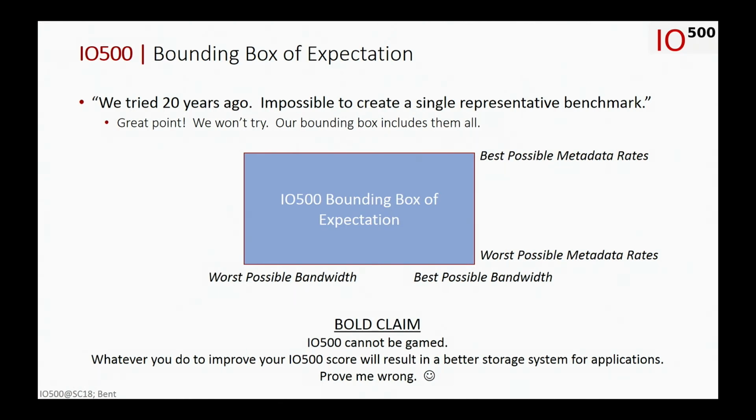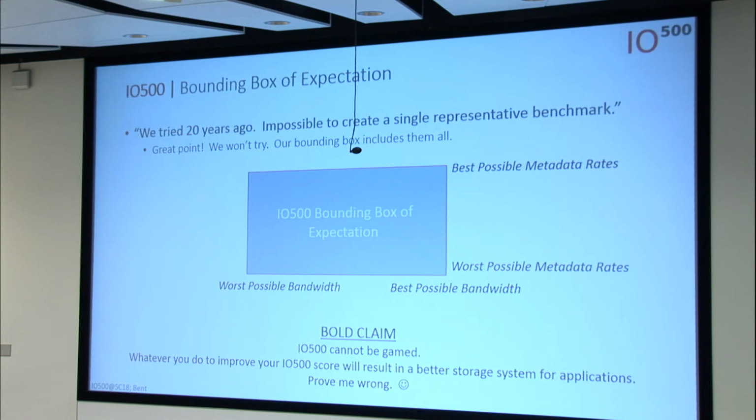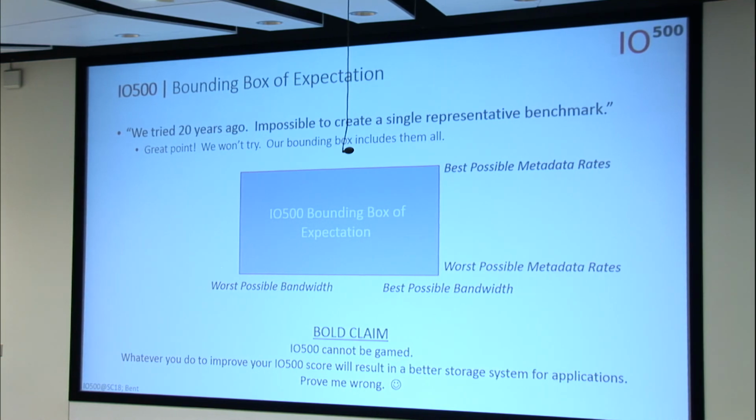Not everyone's application is going to be doing just streaming bandwidth. You might be doing something with HDF5, so you have somewhere in the middle, because it is shared file, there's a lot of metadata updates within the file. But the idea is within this bounding box, everyone's workload can be somewhat explained. It's not going to be perfect, so any